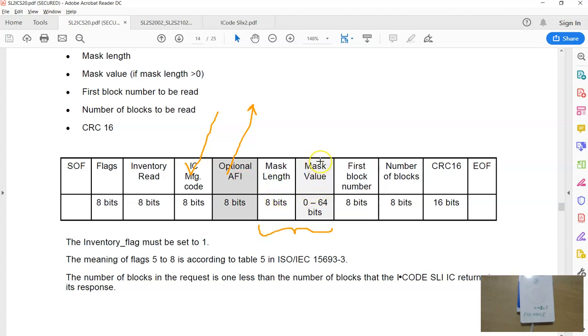This is where you can target the tags of a specific UID or a UID pattern, and this is where you specify the number of blocks you want to read. You specify the first block number, followed by how many blocks you want to read. But keep in mind, the number of blocks you mention here is always one less than the number of blocks